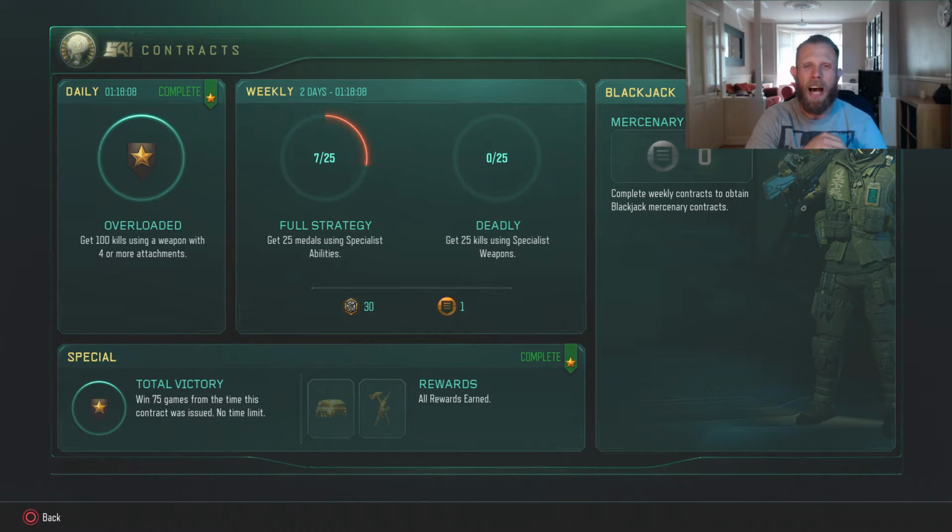It'd just be a little bit better, which leads me on to the major problem for me personally, and that is special contracts. What has happened to the special contracts? When special contracts first came about, it was like, wow, look at that. We can get 75 wins, go out there, no time limit whatsoever. As soon as you get those 75 wins from games, you can then get yourself a bribe weapon,